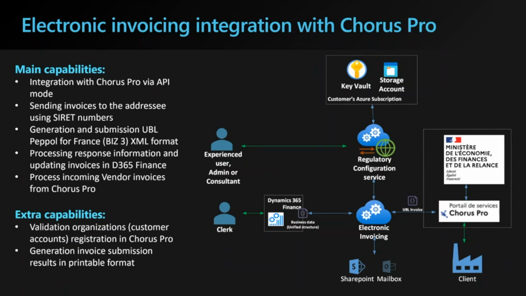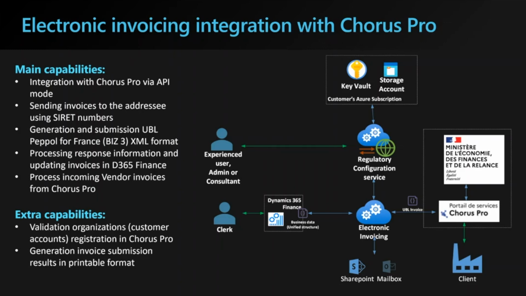And one of the important parts of this end-to-end communication is not only generation of electronic invoice in UBL PEPPOL format, but also receiving vendor invoices. And this process assumes getting invoices from Chorus Pro that were sent by your clients, and process or save these invoices into pending vendor invoice. There are, beyond the main capabilities and main scenarios, extra